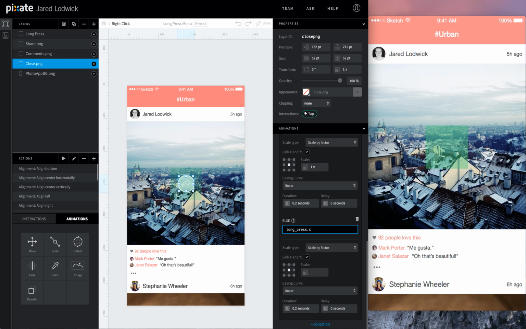So long press's horizontal center is greater than 130, and its horizontal center is less than 152. Scale back down to 1 with the easing curve that we have set.